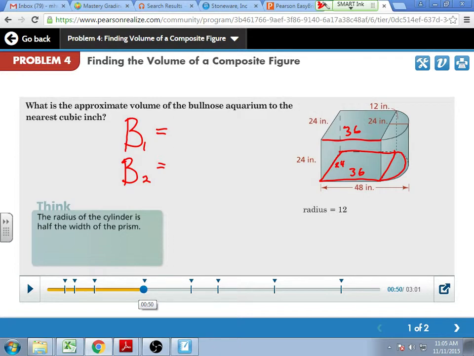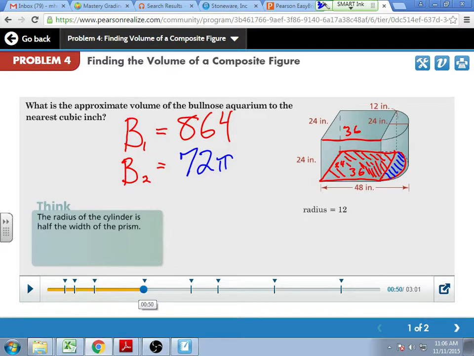I'm looking at this big B right now to be big B1. 864. So big B1 is 864. Big B2, this is where I see most mistakes. You'll find the area for the circle and forget to half it. So when you have a semicircle, make sure you half it. So pi r squared, radius is 12, so we have 144 times pi, but we have half of that. So we really have 72 pi.